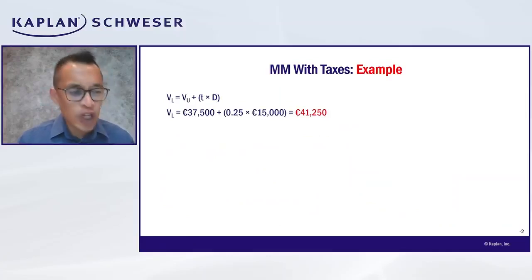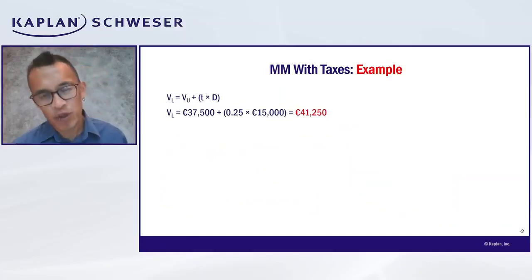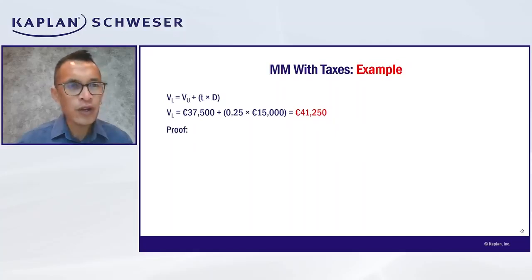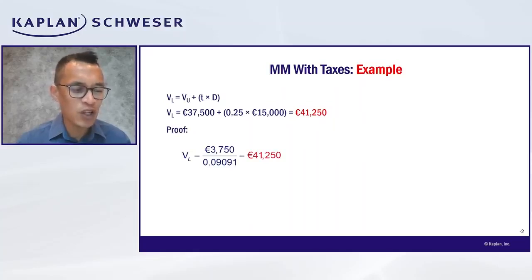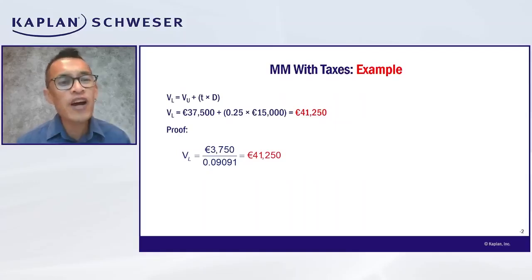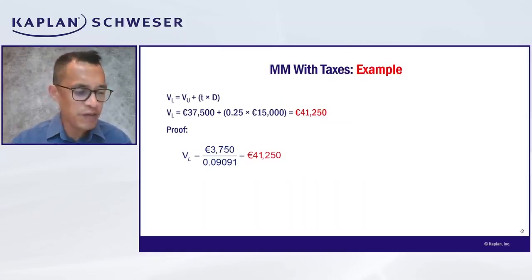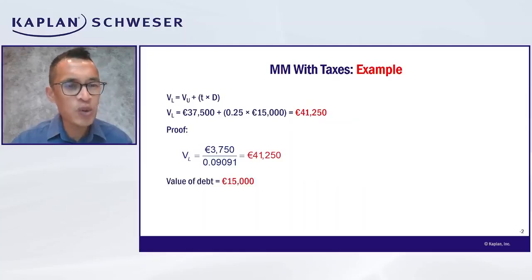So we concluded earlier that the value of the levered firm is $41,250. And so just for good measure here, I can give you a mathematical proof as follows. Okay, so here we go. The $37.50 total after-tax cash flow is valued as a perpetuity using the 9.091% WACC to arrive at $41,250. Now, if we subtract out the value of debt of $15,000, which is not changed, then we are left with the residual of